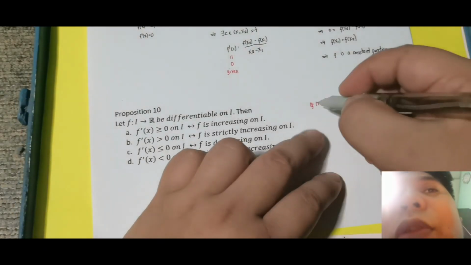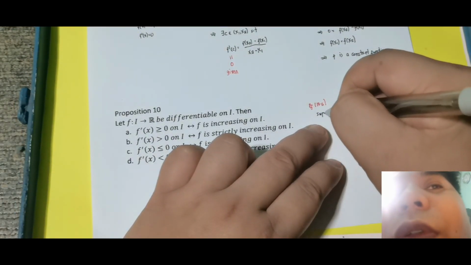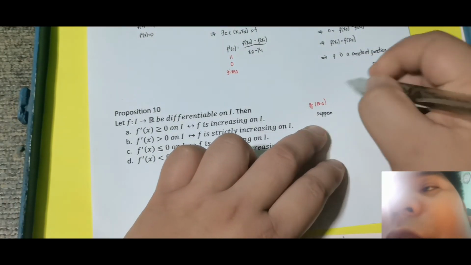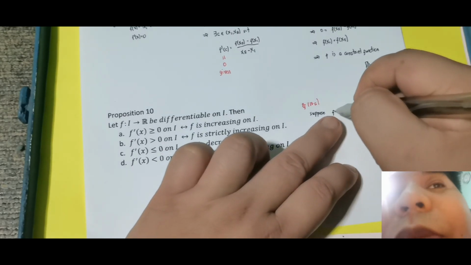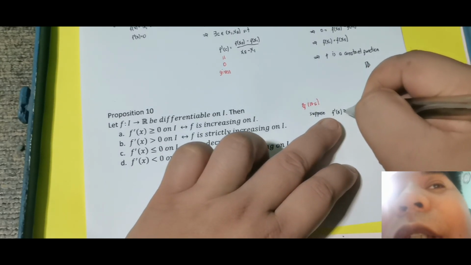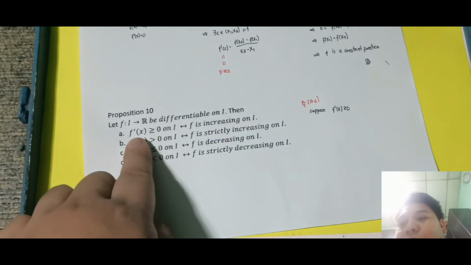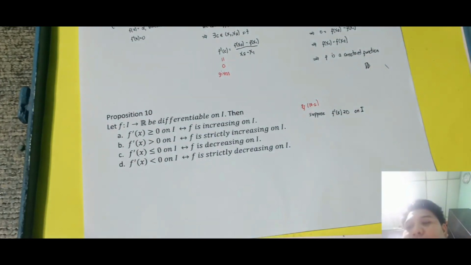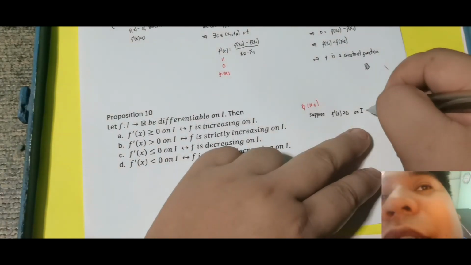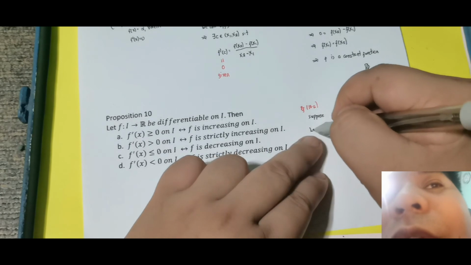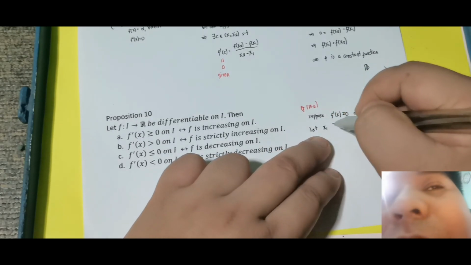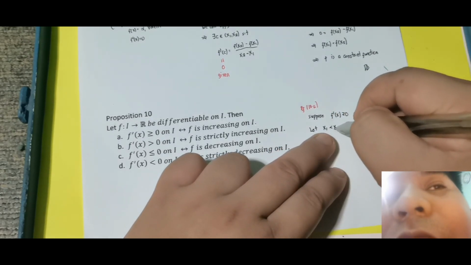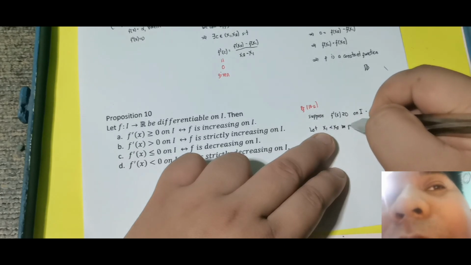Suppose that f prime of x is greater than or equal to 0, kasi ito yung assumption, on I. Okay, ang goal natin dapat maging f is increasing. Okay, so ganito lang natin. So let x sub 1 is less than x sub 2 be points